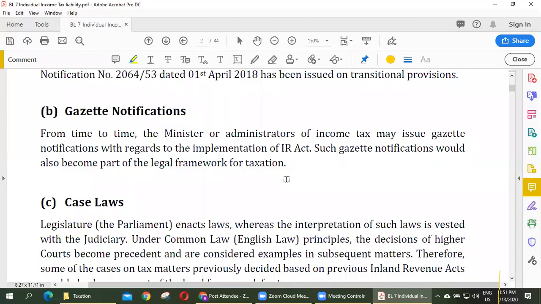But later, once a new government came to power, meaning the existing government, after the presidential election in 2019, the new government changed that provision from 100,000 to 250,000. It means an employee who is getting a monthly salary of more than 250,000 is liable to pay tax, right? So these are the new amendments. These changes are notified to the public through Gazette notification, right?